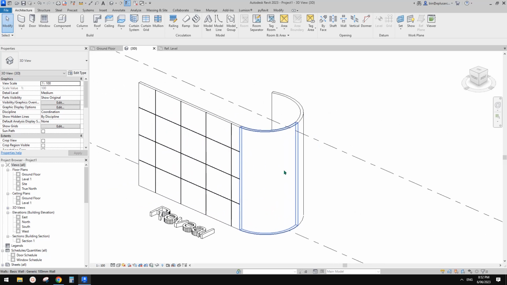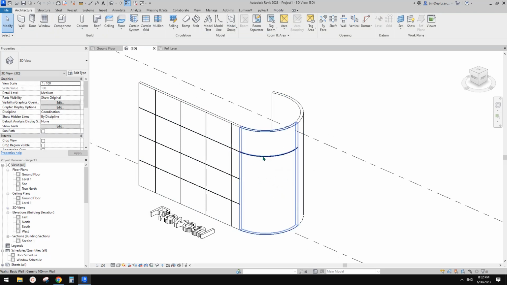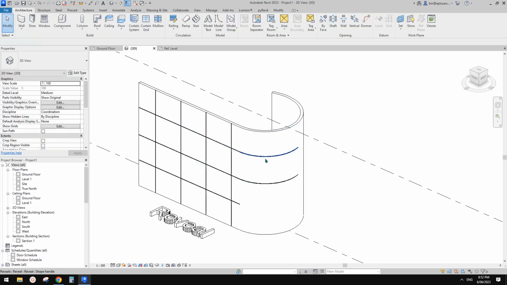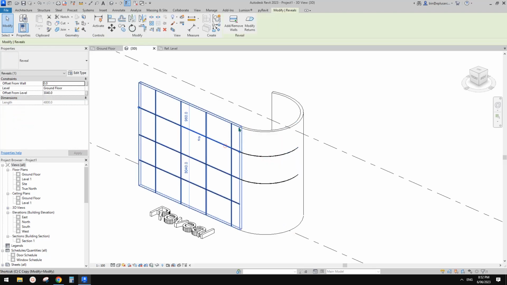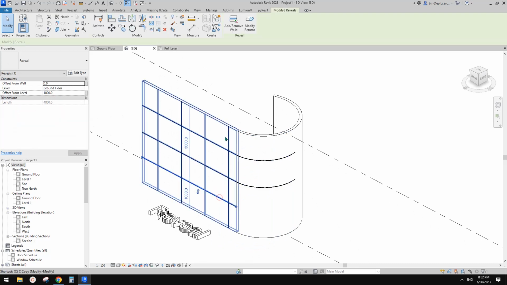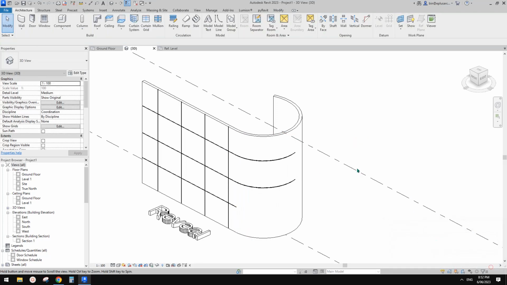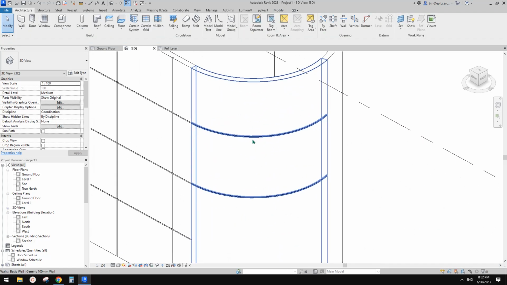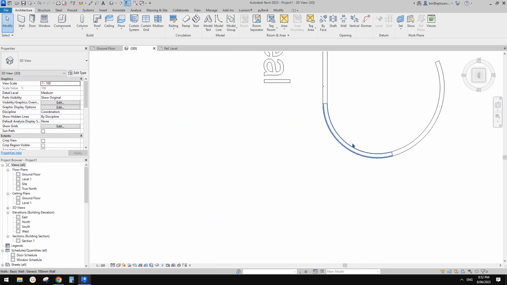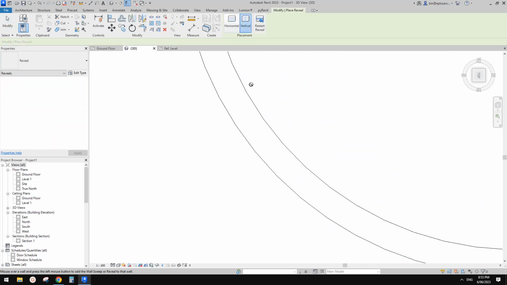For this curved face, you can do the same, create similar, horizontal. You can see it will continue exactly the same as here. You can also do vertical, but all this work is manual. Hang on, what's going on? Create similar, vertical. Okay, so this happens. I'll explain why. I'm just going to go to the top, and when we try to create a reveal on this curve, the reason why it's not working is because